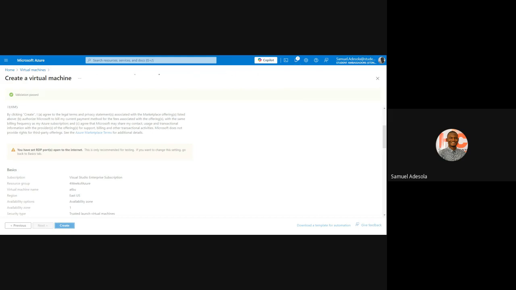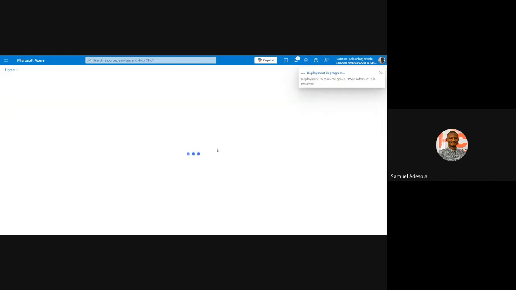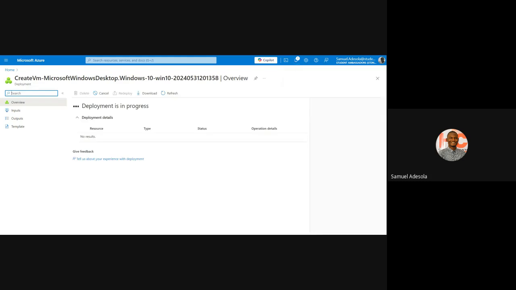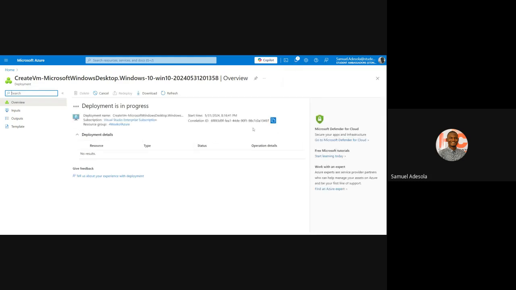What I'm trying to do now is create a virtual machine. And once this machine is done, you'll even be able to see how everything works. Don't worry, we are here today. So it said deployment is in progress. It's trying to create a machine for me in there. And once it's done, I'll be able to log into this machine. We see everything as if it's my own computer, but it's not my computer. Deployment is in progress, creating the IP and everything that we need.